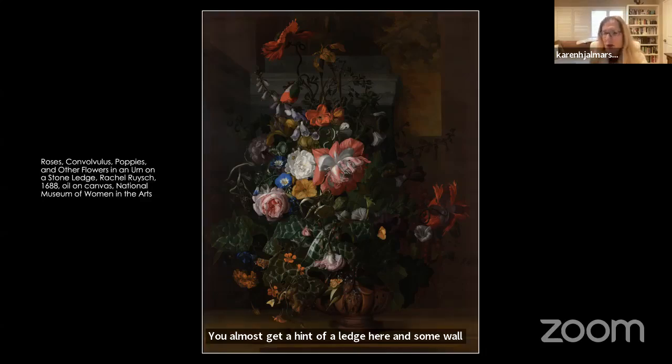It's dark, it's beautiful, and the light highlights the exquisite petals. This is not a moralizing still life. It is not really a vanitas. There's no memento mori here. What she's doing is celebrating the bounty of the garden. Now, because we're running out of time, I'm going to switch off to look at